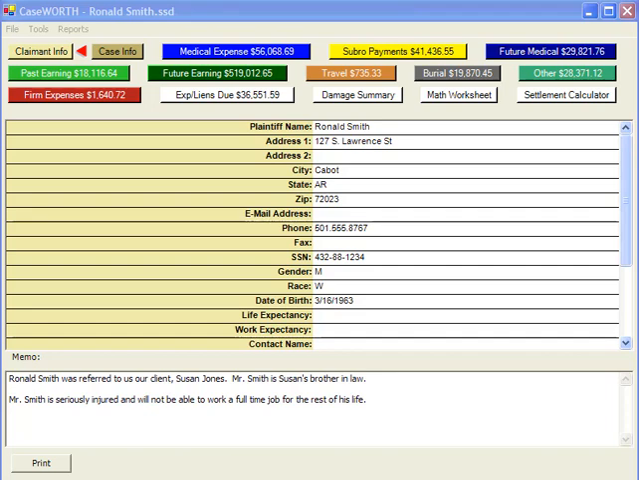CaseWORTH enables you to enter as much or as little detail as each case requires. A small or simple case may only need the total medicals billed and paid. A more complex case might include the details of individual doctor visits, scanned documentation to support damage claims, projected future damages, and so on. The Claimant Info tab allows you to track claimant information like address, phone numbers, age, social,